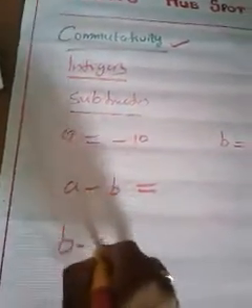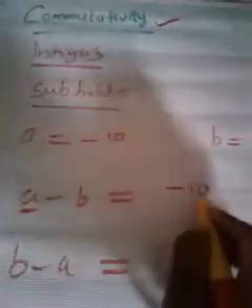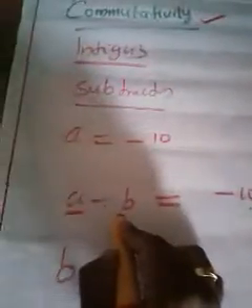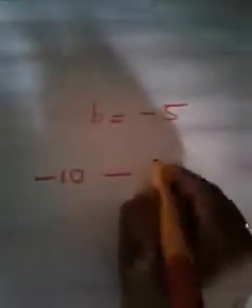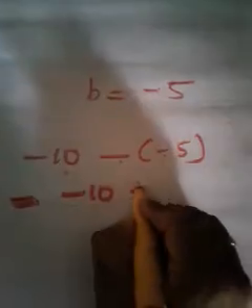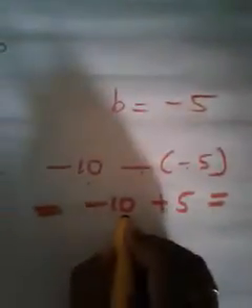And now we need a minus b and we need b minus a. What is a minus b? A minus b is nothing but -10. What is a? -10 is written. Then what is next? Minus. Then what is b? B is again -5, so you just give a bracket. That is the method. Now it becomes -10 plus 5. Then what is -10 plus 5? Find the difference. What is that? 5. Which is the bigger number? 10, its sign is minus, so the answer will be -5.